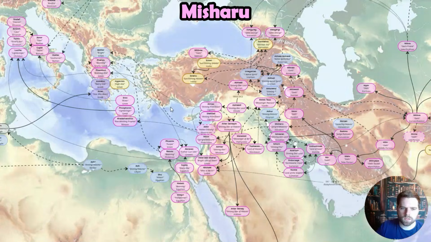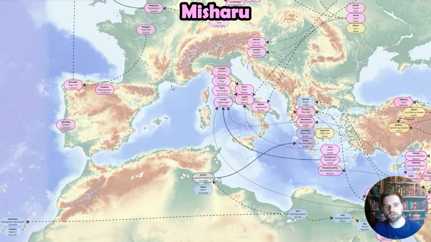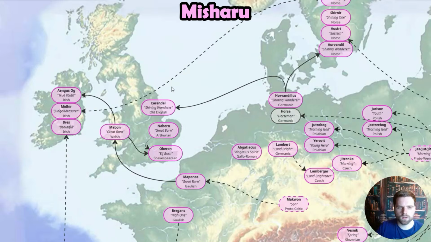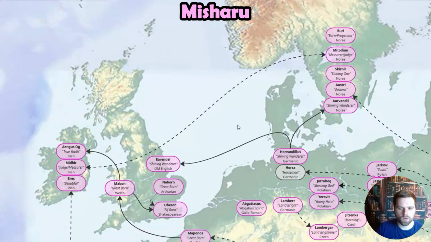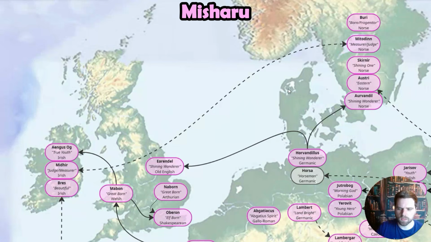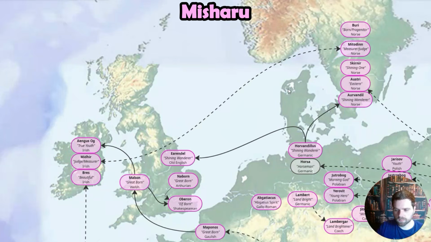Another coincidence with this linguistic and meaning and character, I want to point out a few over here in Irish and Norse as Midir and Mithodin. The meaning of the words is the same. They're a judge and stem from that kind of measurer idea that is the same as in Akkadian. And that makes me wonder if there was some judge term that spread out from the Middle East, maybe during the Neolithic or maybe Bronze Age, unless when these myths are being written down by the Irish or Norse, maybe it was medieval period and these terms were adopted from Roman or other sources.